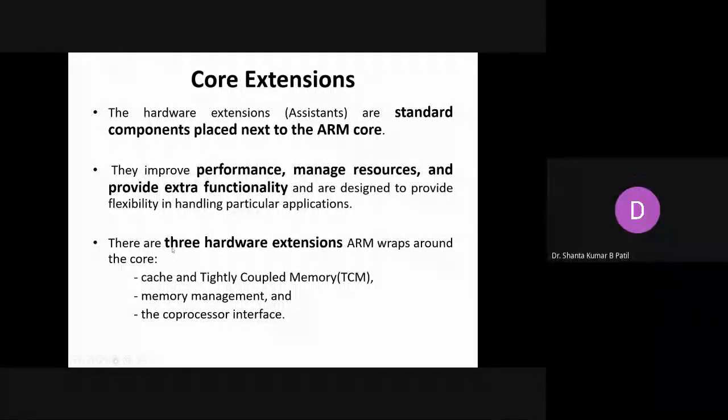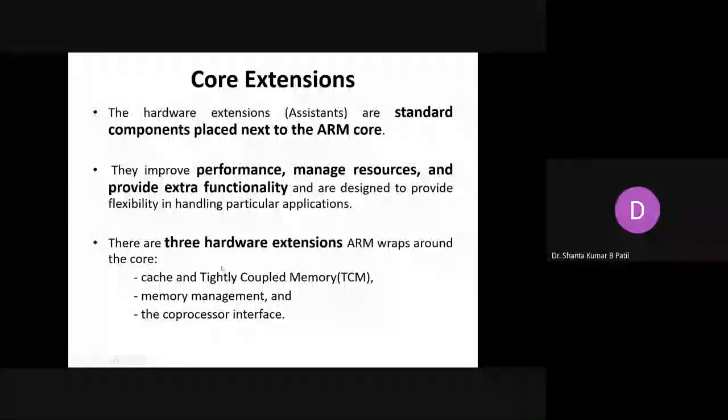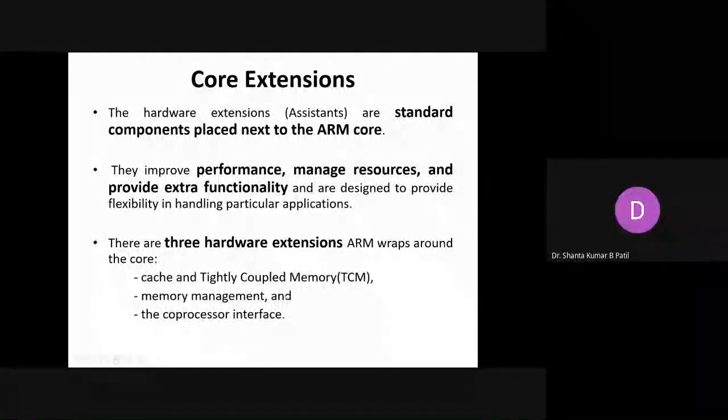I will show you. Three hardware extensions are there. ARM wraps around the core. One is that we are using cache and tightly coupled memory. Tightly coupled memory means some small memories are built on the same chip as the processor.